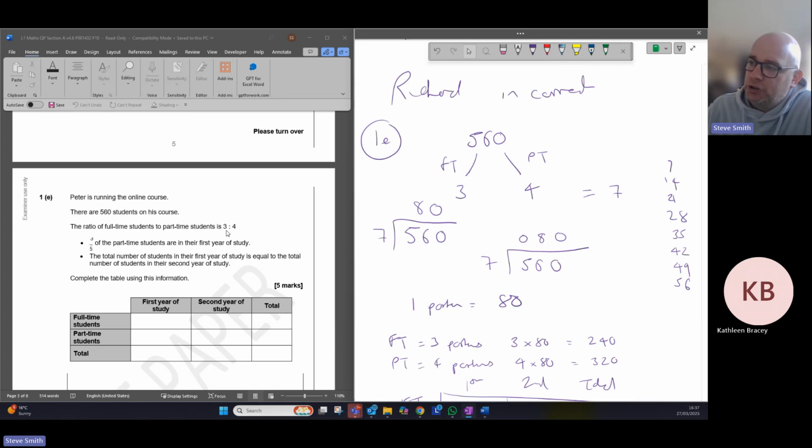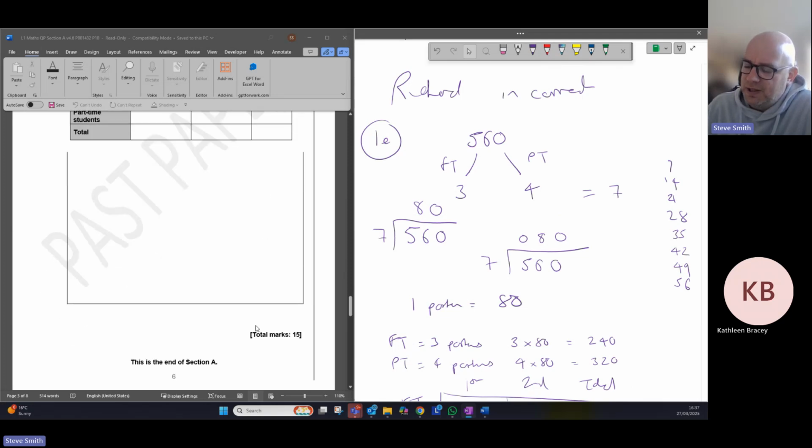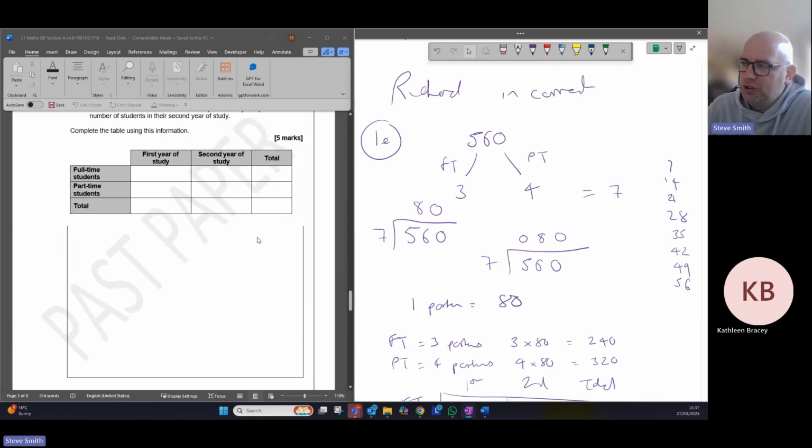And when we say equal portions, well, that's a 3, that's a 4, that's not equal. No, it isn't, but we need to split this number into 7 equal portions, because I'm going to need to allocate 3 portions to full-time, 4 portions to part-time. So that question is worth 5 points, and I think that's the end of the section, but I think that's a big question,